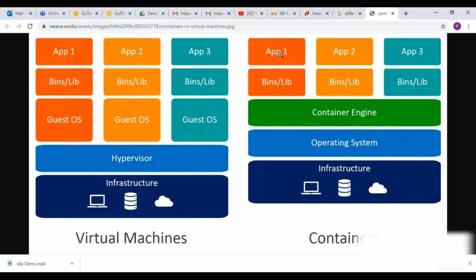So each microservice is going to run on a specific container. In this container, whatever microservice or application you want to run, you can have everything: binaries, framework, and any dependencies and packages required. Everything will be available. And from this container, we can create an image, and that image can be used by anyone.